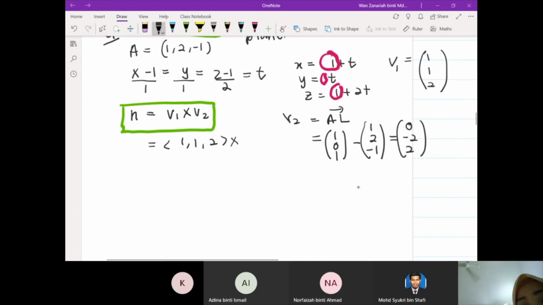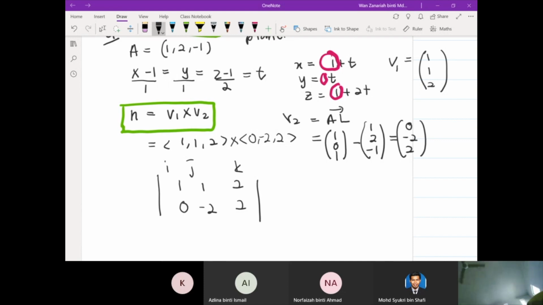So now we can find the cross product of two vectors, (0, -2, 2). In finding the cross product of two vectors, we have to find the determinant. Okay, i, j, k, with 1, 1, 2 for the first row and 0, -2, 2 for the second row. Terms i minus terms j plus terms k. When we want to find the determinant of i,